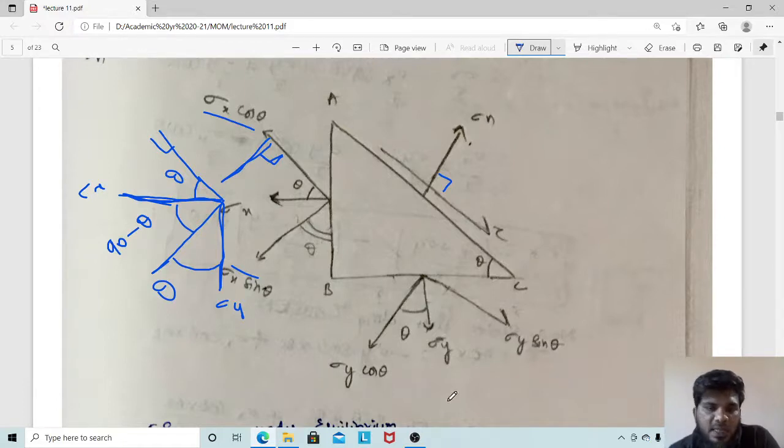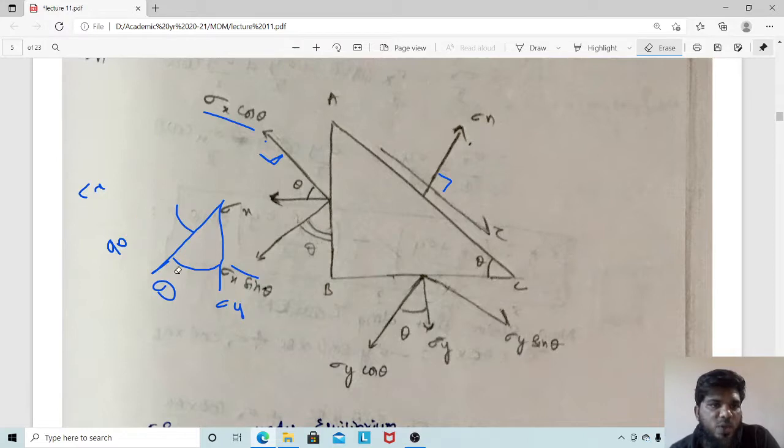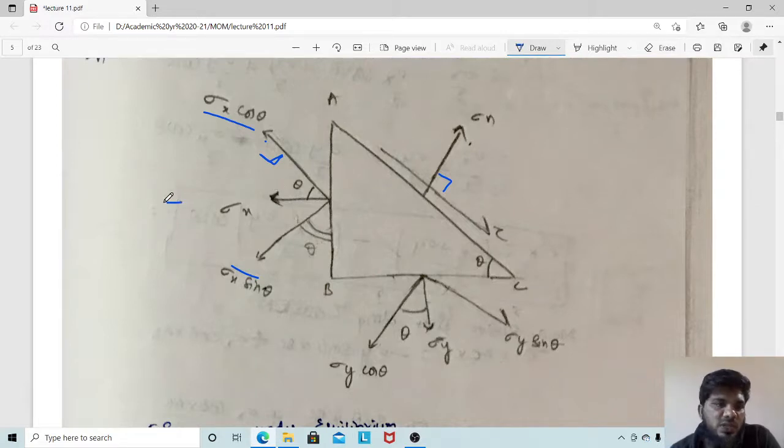The second thing is you have to remember the direction. So how to take the directions? Let us again go back to the triangle. Then we can analyze the directions of it. Okay, because direction also matters. If you are taking the direction in the opposite direction, you have to take it as negative. So see this, sigma x is traveling from this point to this point. So the direction is this. So obviously your sigma x is going this way, sigma x cos theta is going this way.